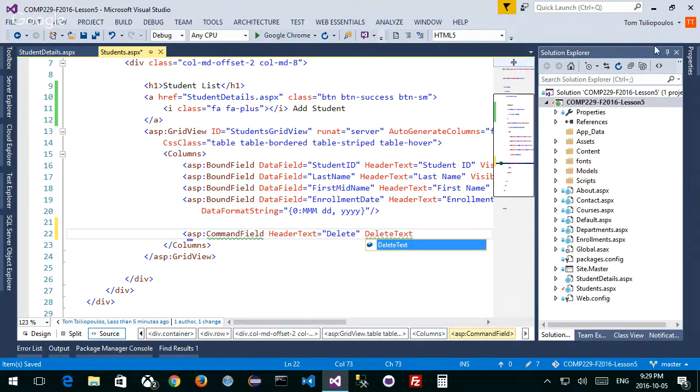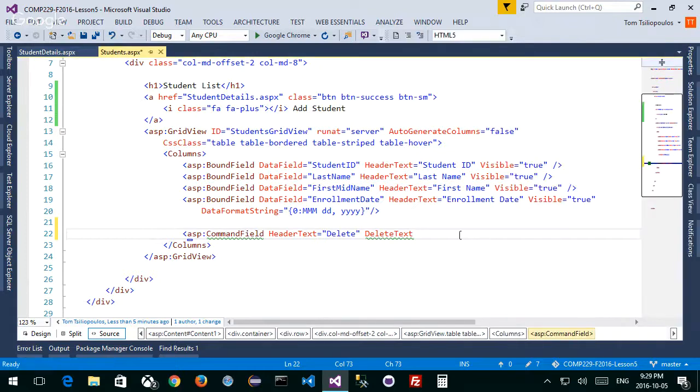Delete text is the word that's going to be inside of my delete button, whatever my delete text is going to be. And there's a reason why I'm doing this, because I want to use Font Awesome. Otherwise, there's other ways of coding this thing. But here's my delete text that I want to put in. I want to put in, notice it's in brackets, in quotations, right? Because this is the workaround. An I with a class of, notice because I'm putting it in quotations, I've got to put single quotes, right? FA dash trash, dash O, which is outline, that's what it is. And then FA large, a large trash icon that looks like an outline icon. That's what this is, all right? I'm just using Font Awesome to do it, right?